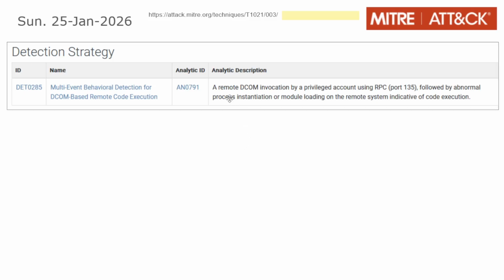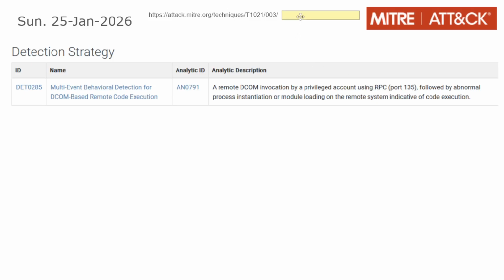And here you see a remote DCOM invocation by a privileged account using RPC port 135. So this is what MITRE ATT&CK gives you here. They tell you what to look out for. Port 135 is this RPC, and DCOM is using that port. Okay. And then followed by